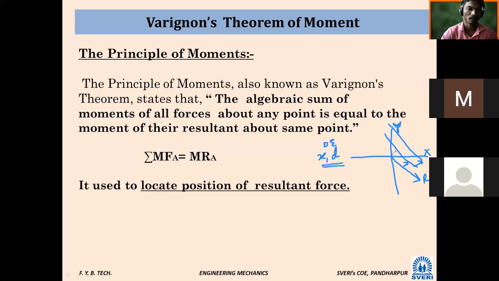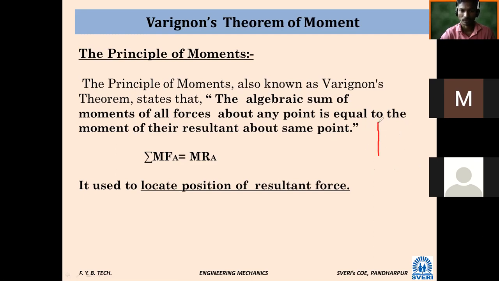On the other hand, one more thing will be asked in the exam: find the location. In location, not only this distance comes, but in some cases the x intercept and y intercept. For example, suppose here there is a system: the vertical is the y-axis and the horizontal is the x-axis. This is x and this is y. Your resultant is passing, suppose, something like this. This resultant R is passing.